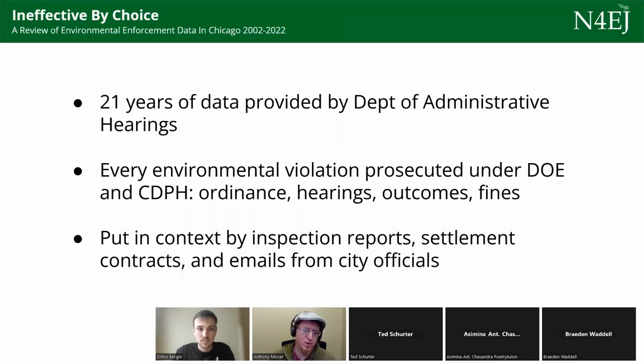So this is a report that we just released last month that goes over a particular kind of data. It's centered around hearings level data, basically. We have a Department of Administrative Hearings, the same kind of place that you go to for traffic tickets, really, where citations are issued to these companies, and then they essentially have to go pay a fine or go and negotiate there.